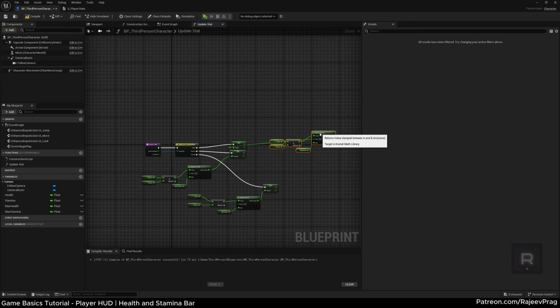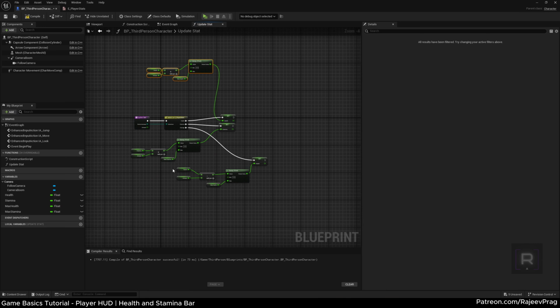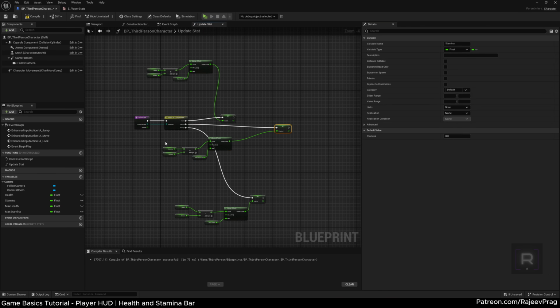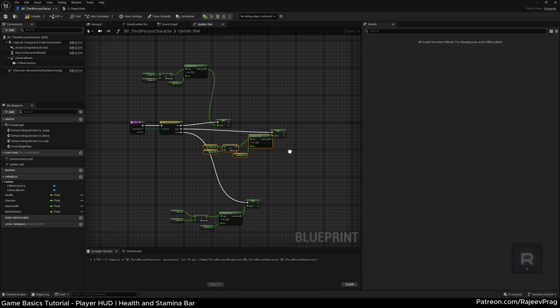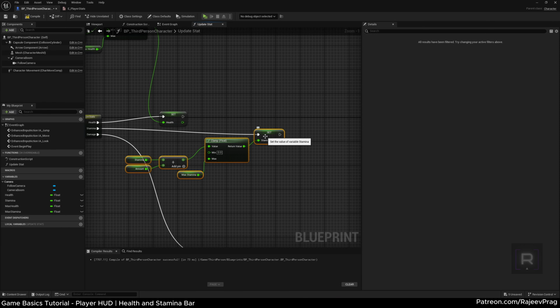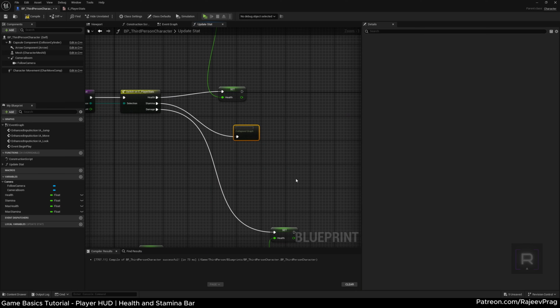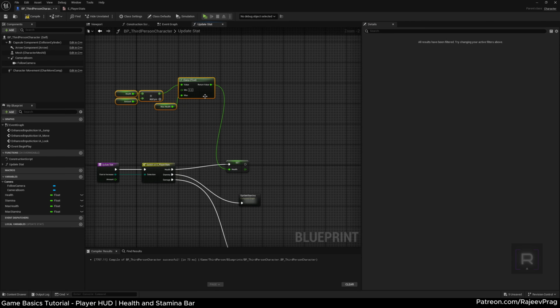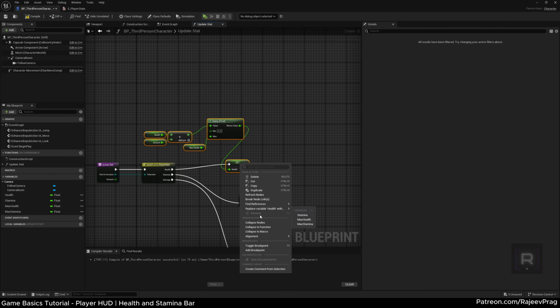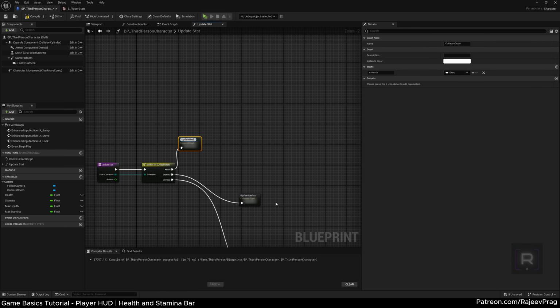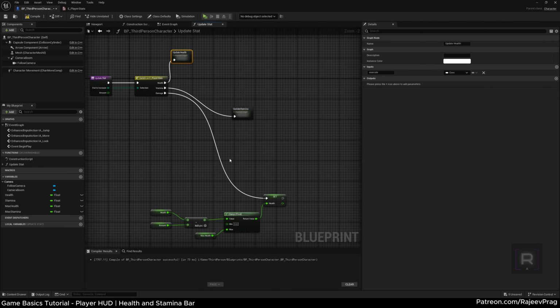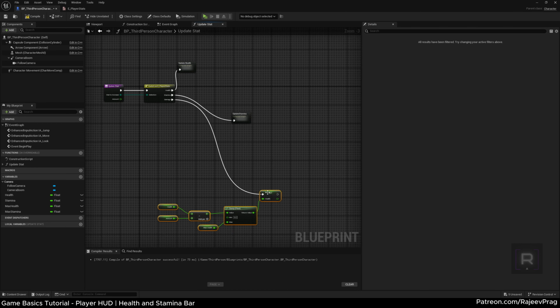I can actually put this together, it's not going to look that pretty because it has a lot of things. What you can do, if you ever get into a situation like this, where it gets really messy with the switch function, is select all of it like this, and then right click, collapse nodes. And you can say update stamina, sorry. Right, and then same thing for the health as well. Bring it closer, select it, collapse nodes, update health. Same thing here, collapse node,